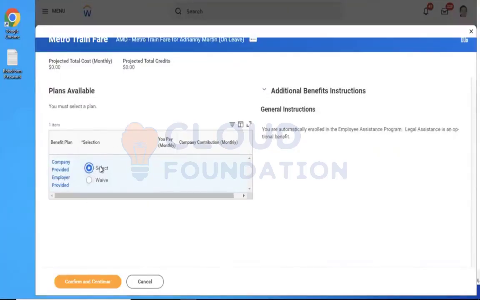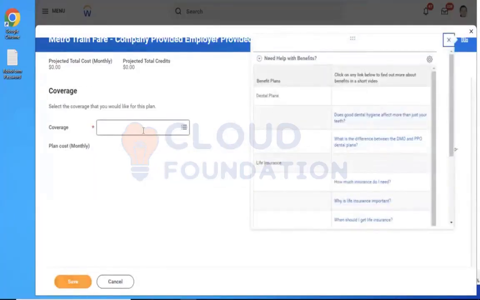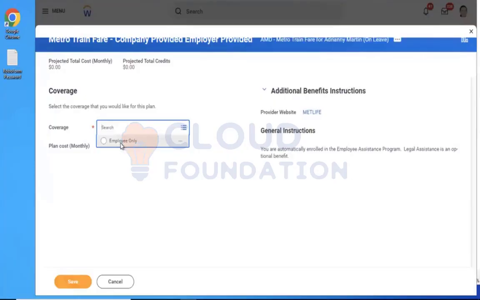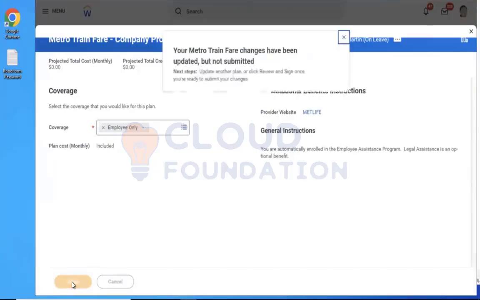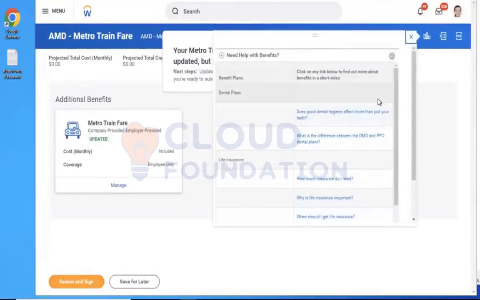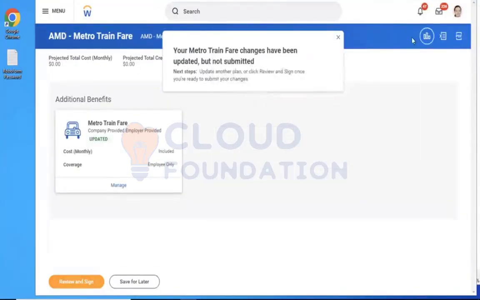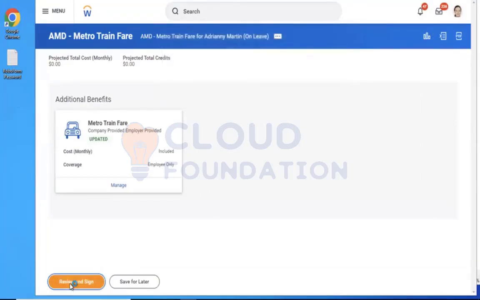We didn't have that before. Now I changed it, so we can select any benefit plan. Now they have an option. Confirm and continue. Coverage is $25, employee, and plan cost is monthly included. And save this. Benefit enrollment is getting saved but not submitted. Okay, review and sign off.